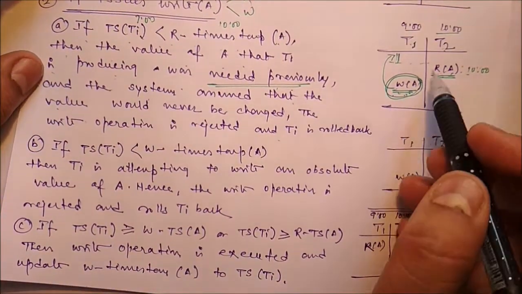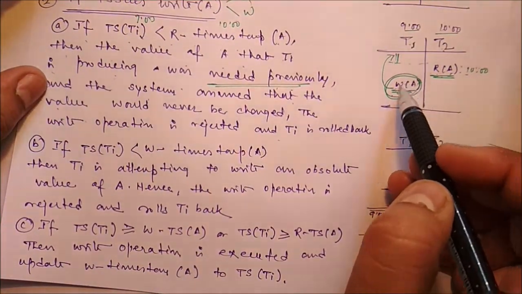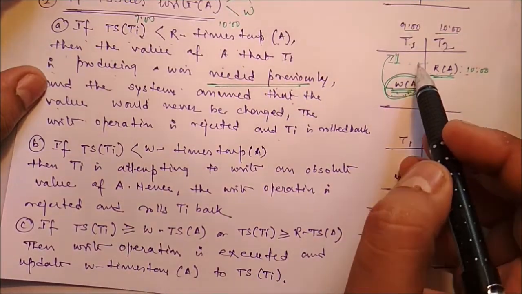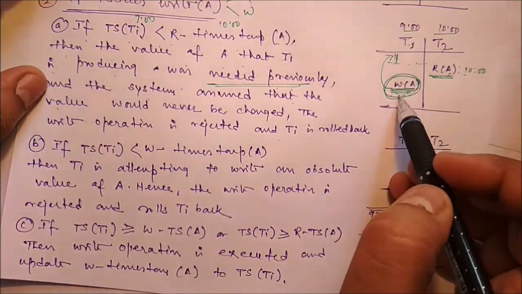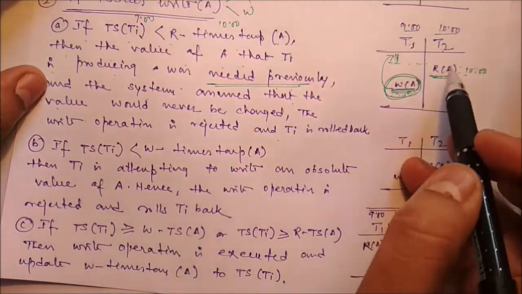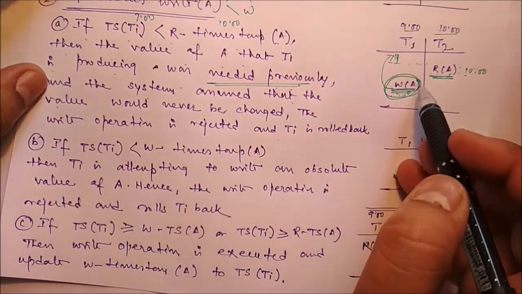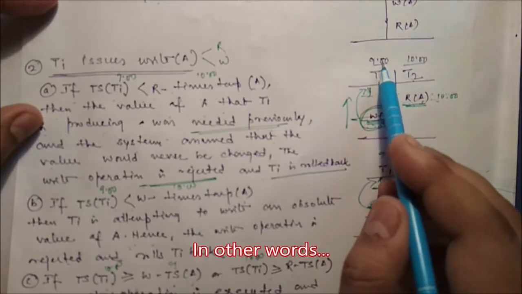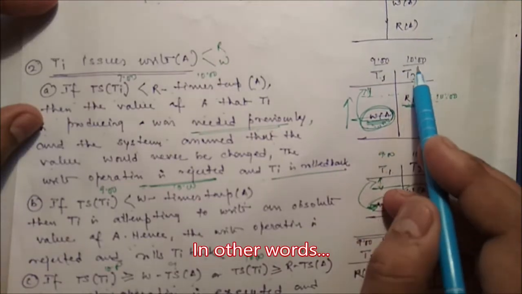We cannot swap, meaning we have to execute this write operation before that read, but we are executing it after that. So we would be swapping non-compatible instructions, so definitely it is not applicable. It is not possible. T1 is an older transaction and T2 is a younger transaction.